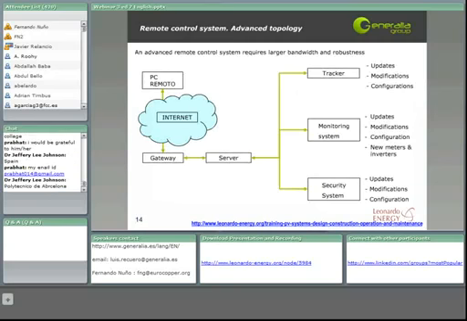Here we can find an advanced topology for the remote control system. It is important to know that this kind of remote control system requires larger bandwidth and robustness, and all the elements in the solar PV facility must be prepared to be managed remotely. So, with this kind of system, we can do updates and modifications in the orientation of the tracking system. We can do new configurations